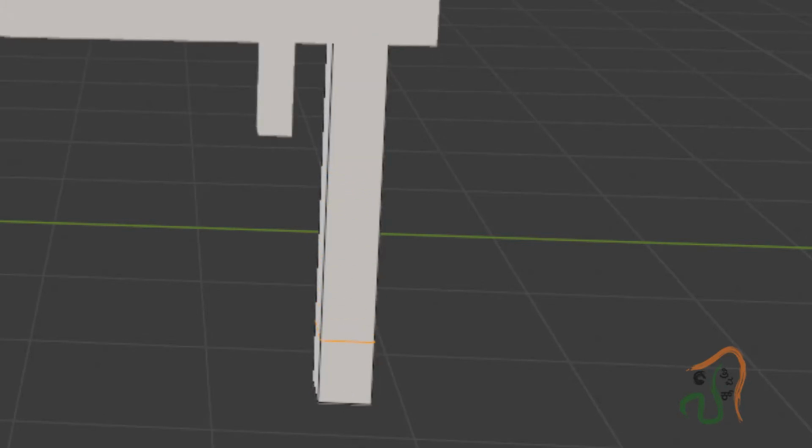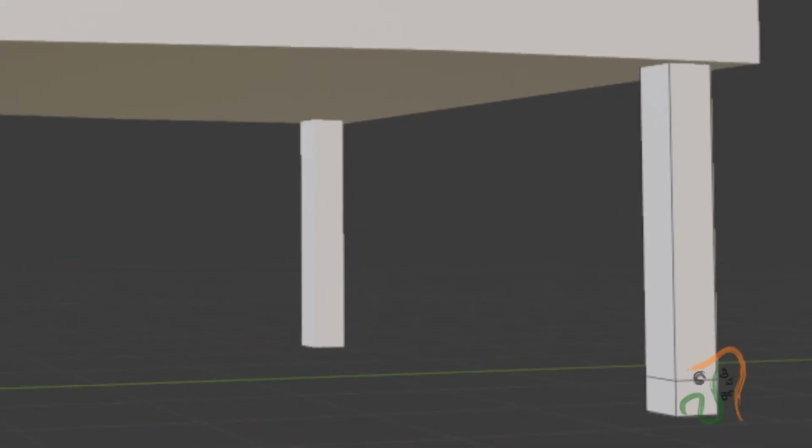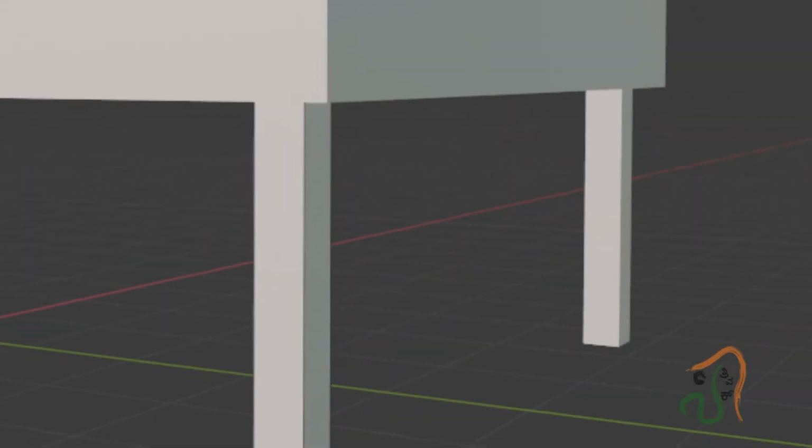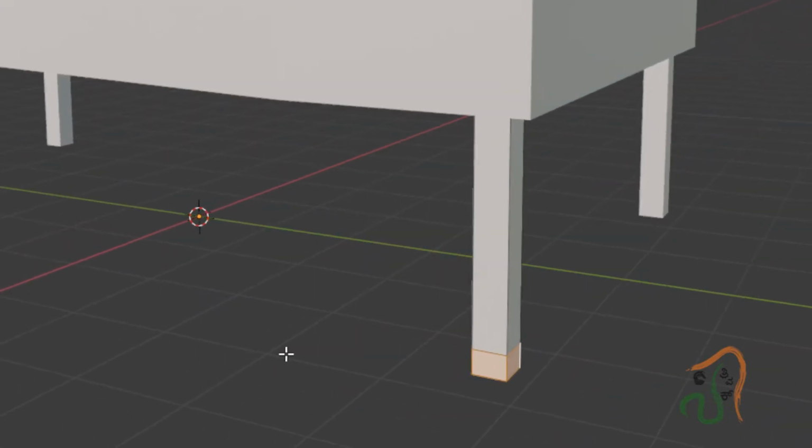Move the edge loop bottom like this. After we move it here, go to face selection, and select these 4 faces here.